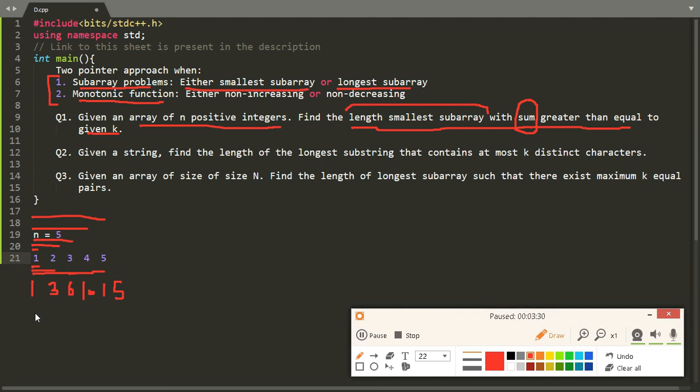subarray. So what you can conclude from the sum value is that with increasing length, the value of sum is increasing. As all the values in the array are positive, if we increase the length, the sum value will always increase. So if we draw a graph with length on the x-axis and sum on the y-axis, we will see that with increasing length, the value of sum will only increase, such that sum is a monotonic function in the given array of positive integers. So both of these two conditions are valid on the first given question.